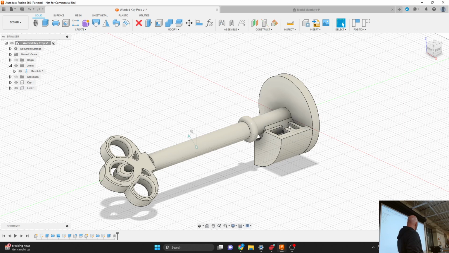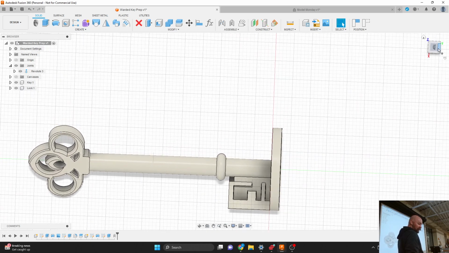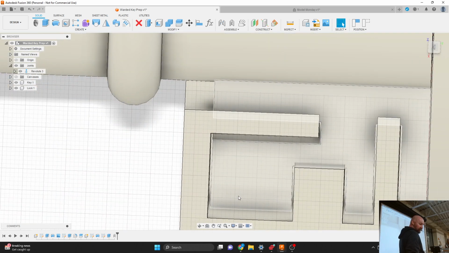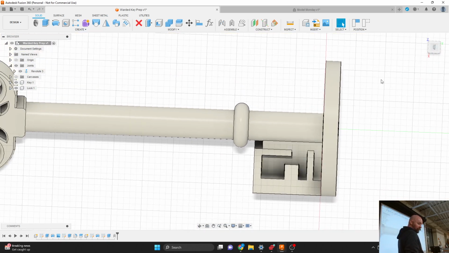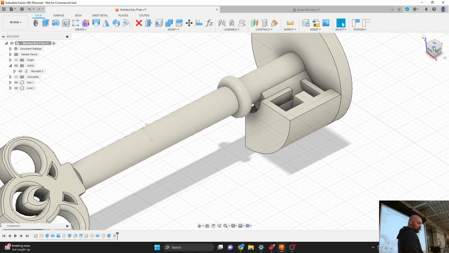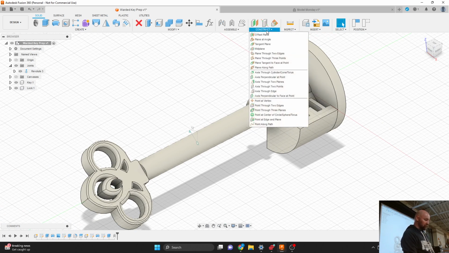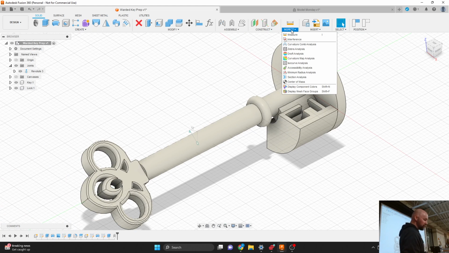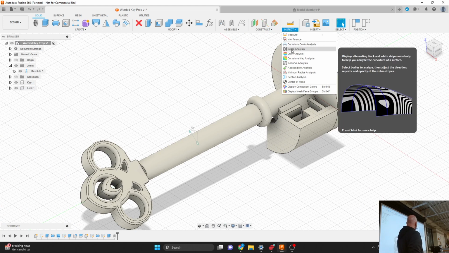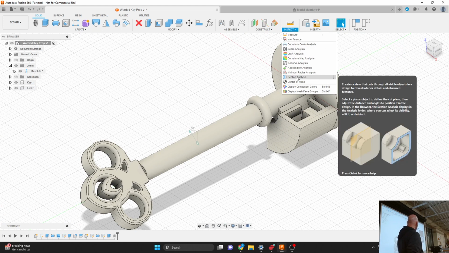Now I want to see if I have any issues here, if it's overlapping at all, if I've got anything that's too close. I could do that by giving it the old eyeball, but probably a more effective way to check for that overlap is in the construct menu, in the inspect menu, if we choose the section analysis tool,